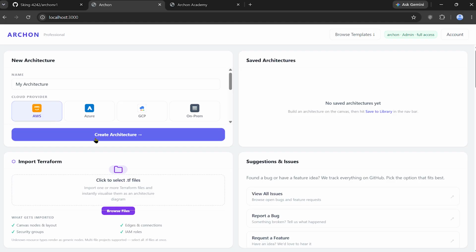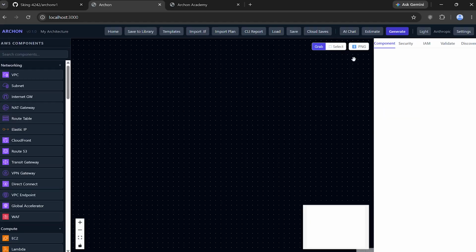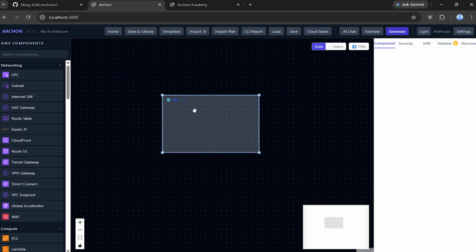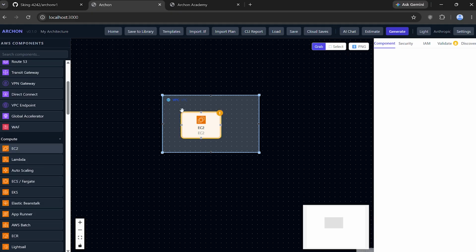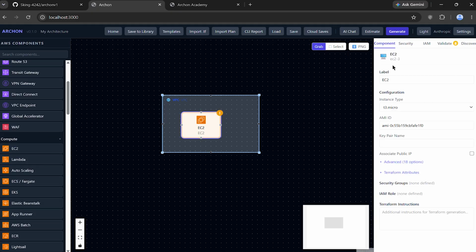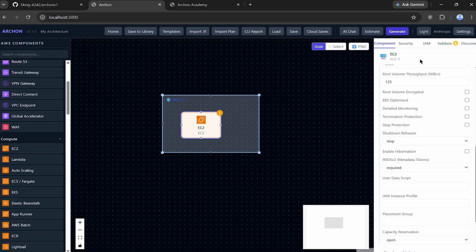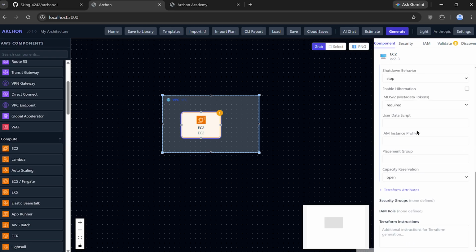So let's get started. All right, here we're going to create our architecture. Anything here you can drag and drop. You can grab a route table. Let's say I want to throw in an EC2 instance. Over here on the side, you have the different component configurations. All of this translates into Terraform.